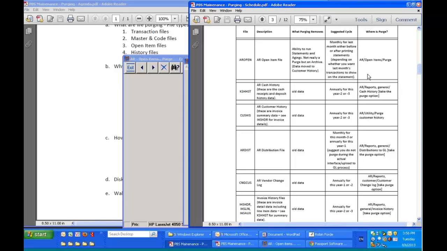Some people want to run their statements so that they only show the open items, in which case you want to run your purge first so that the only things showing on the statements are the open items. Some people would like to show one month, possibly even two months' worth of payments, so in that case you're going to run your purges with the appropriate cutoff dates going back one month or two months, so that that data remains in the file so that it can come out on the